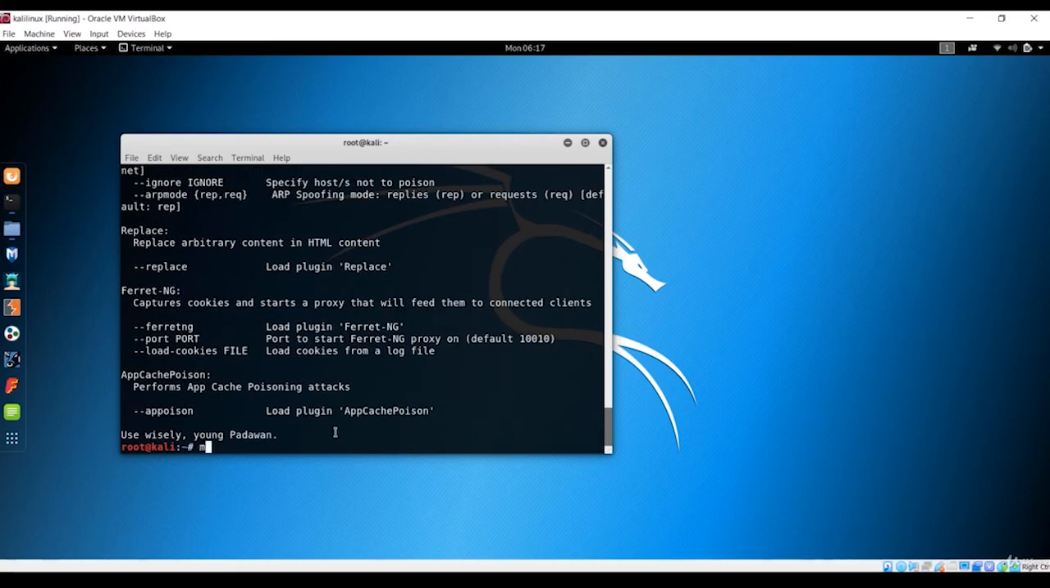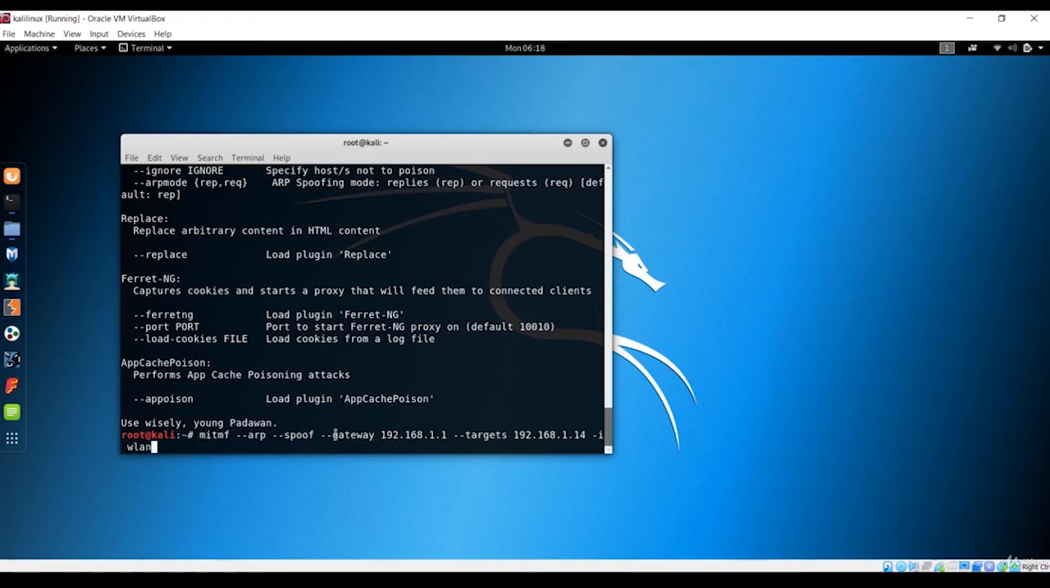It is the same command. So man in the middle framework ARP spoof. After that you have to pass the gateway first, and the gateway will be 192.168.1.1, and after that the targets, and in my case the target is 192.168.1.14. After that we have to specify the interface, which is WLAN 0, and after that you have to pass